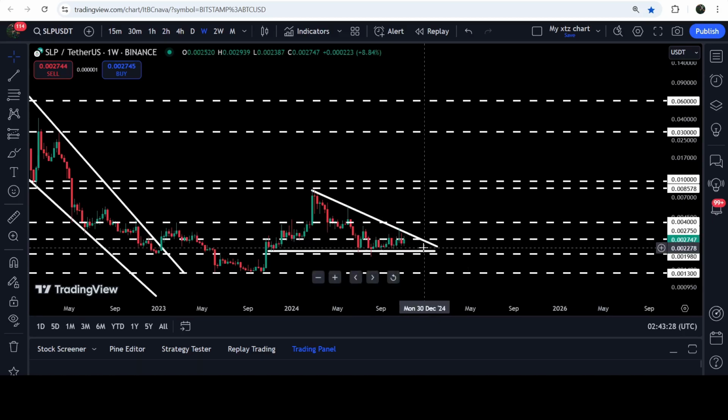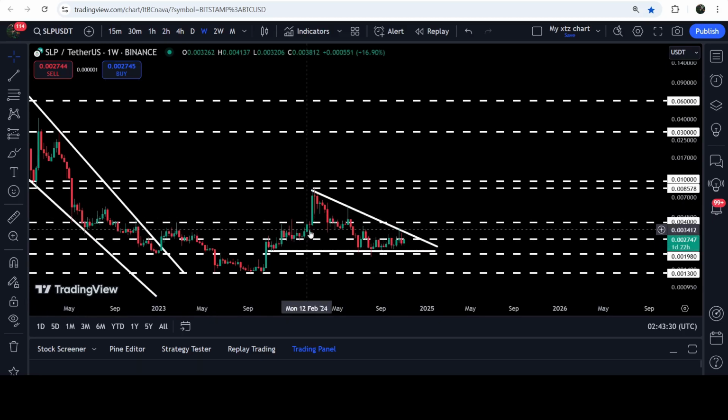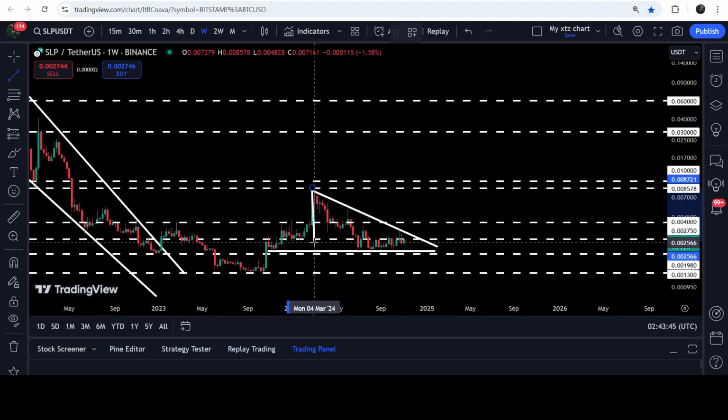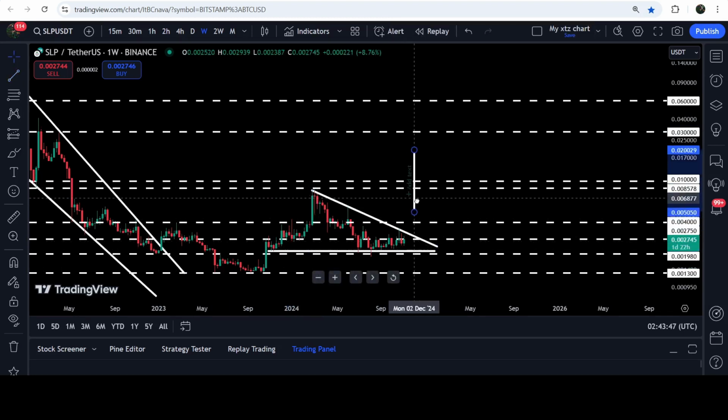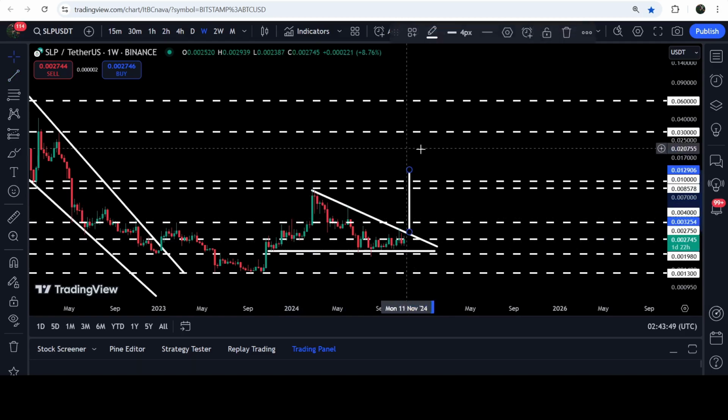And in case of breaking out the resistance of the triangle, there will be another very long-term resistance of $0.004 as well. That was previously breaking as a resistance here for several weeks a month and resistance here, and now again it can break at a strong resistance for the price line. However, after the breakout, the technical target for the breakout from this triangle will be here. That will be approximately at